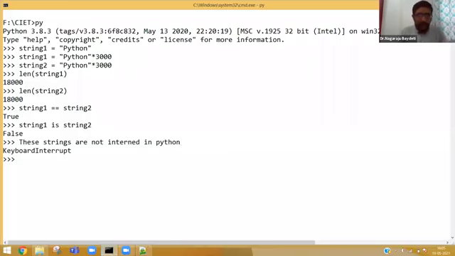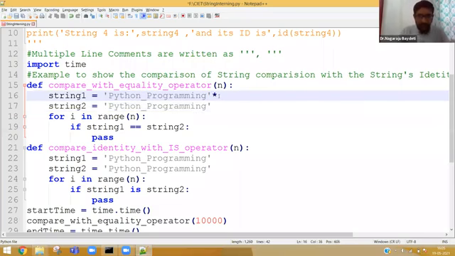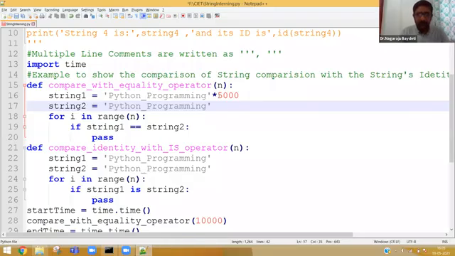Now, in the program, in a hurry, I should not have shown you this 5000. I should have shown you first a normal string, which is interned. Remember one thing: comparison of strings with double equal to or with is will have a difference only for the interned strings, not for the strings which are not interned.